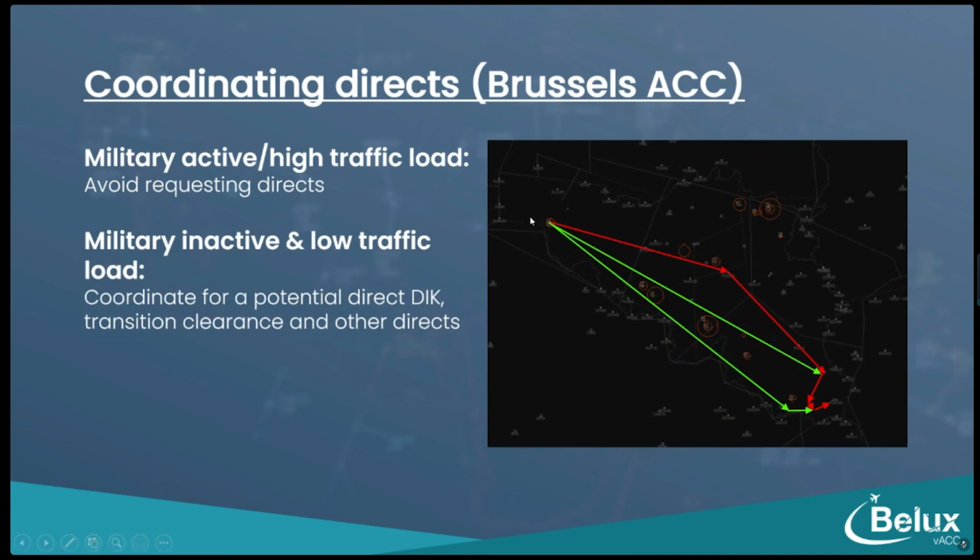This is something I also like to do when I'm on Brussels control and the military airspace is inactive. You can give a direct to Diekirch, clear him on the transition, this is 06 in this example, and then give him direct to a point on the transition to make the route even more efficient. Disadvantage of this is that not all pilots will know what you are talking about, so that's something to consider. I found that in general, on a day-to-day basis on the network, this works. And again, a great thing of this is you get them out of your flow from Coxie to what is